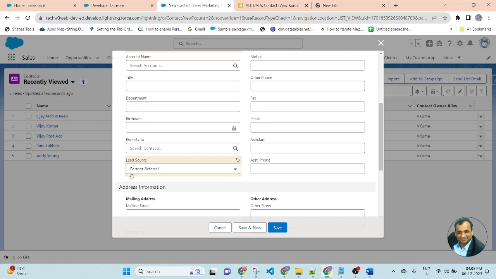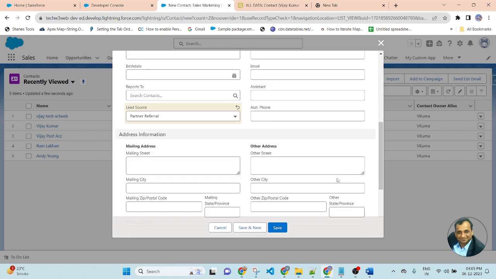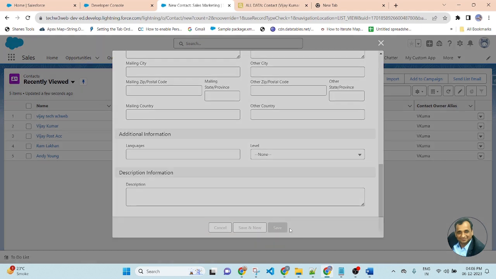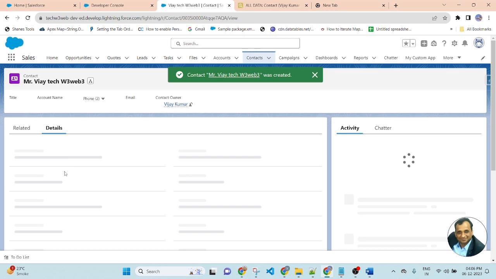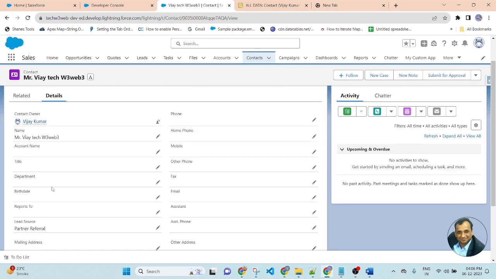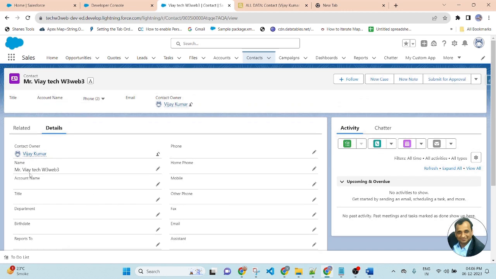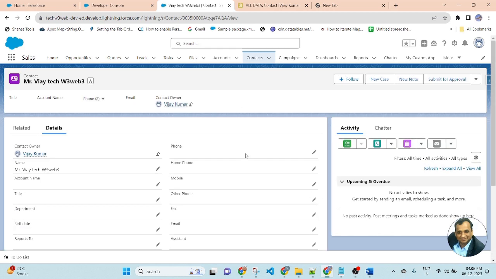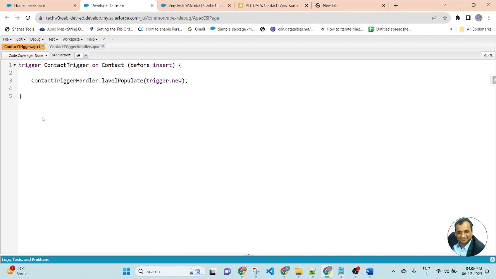So if you select partner referral, the condition will not match. In this case, the label field will not be populated automatically. Now let me save. So the record has been created successfully. Tech W3 Wave 3. Now go to label. So here you can see the label is not populated automatically. That means this trigger is working fine.